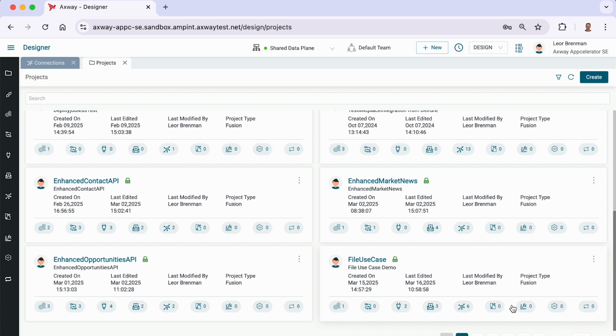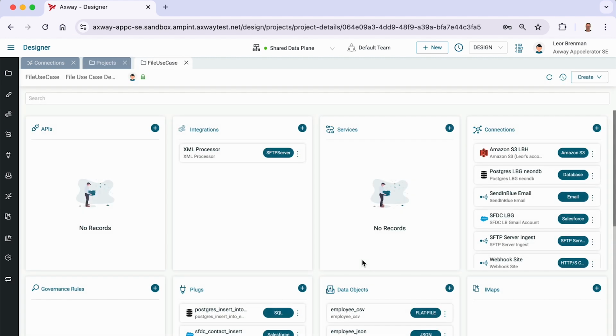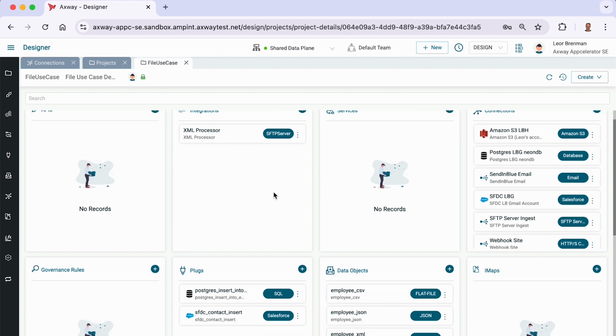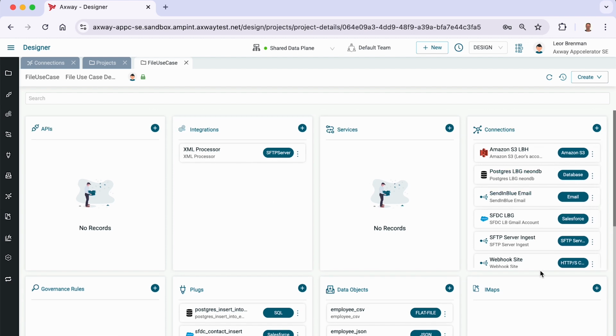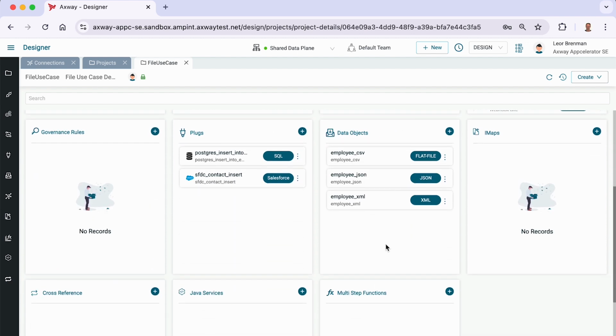And if I go into a particular project, I can see first the various artifacts and how many artifacts are used in a project, and then I can click in. This lock is to acquire a lock, so I can have multiple users working on the same project, one at a time. They acquire the lock and lock the project, and then they're making modifications. And here in a project, you can see I have an integration, I have various connections, various data objects.